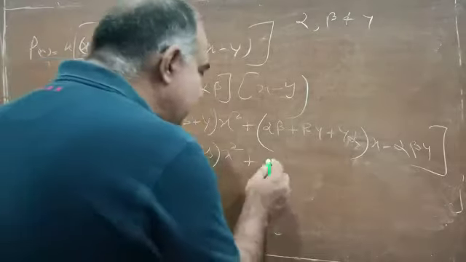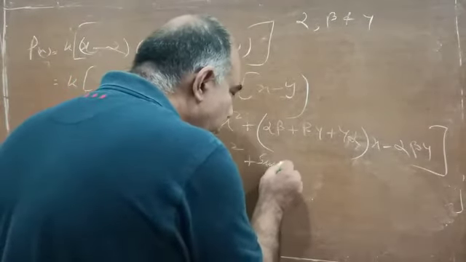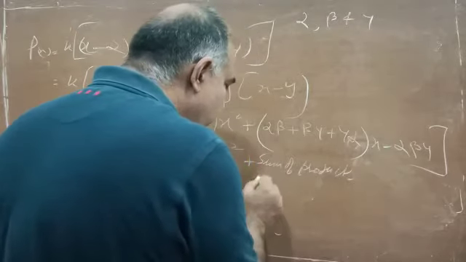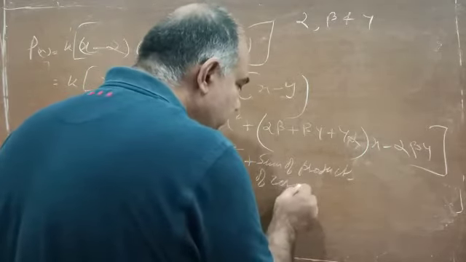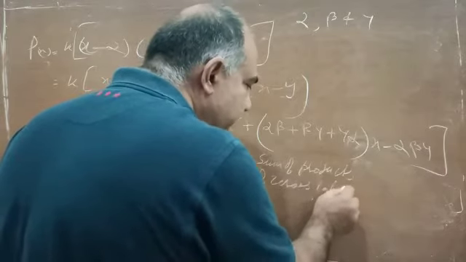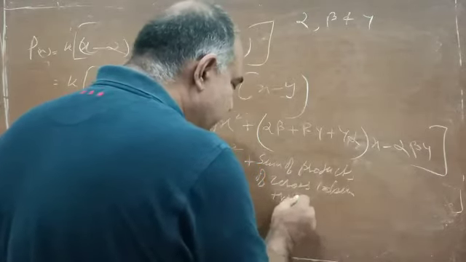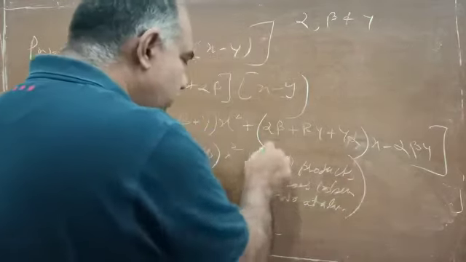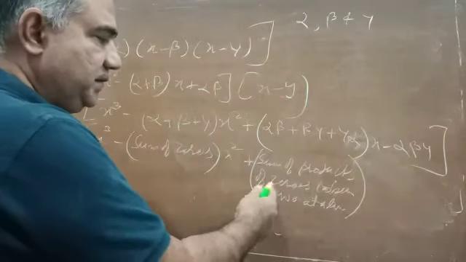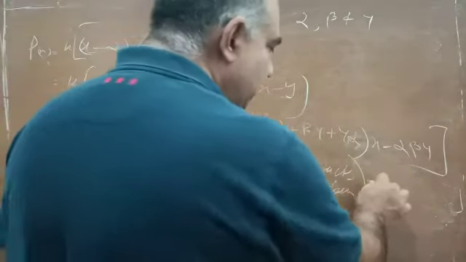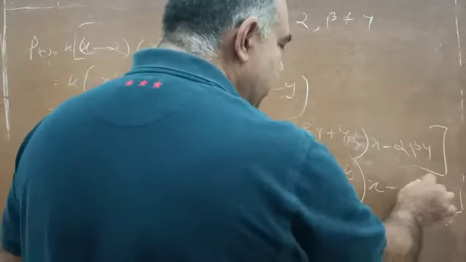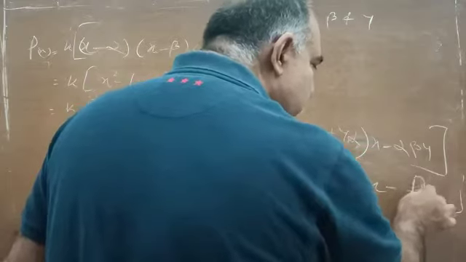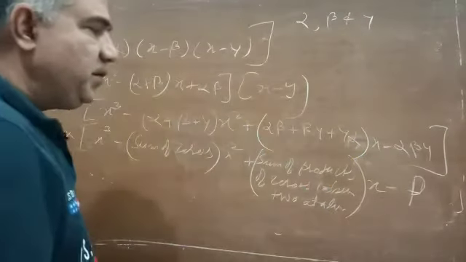So this I can write here: sum of products of zeros taken two at a time. The whole thing, the sum of the products of the zeros taken two at a time, is multiplied by x, and minus here I can write the product of zeros. Please do remember, alpha into beta into gamma is the product of zeros.